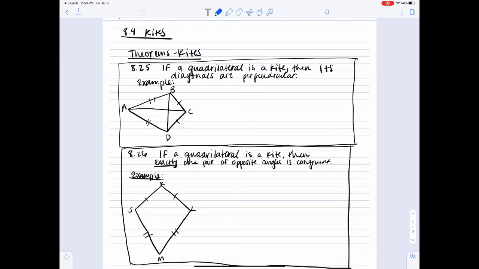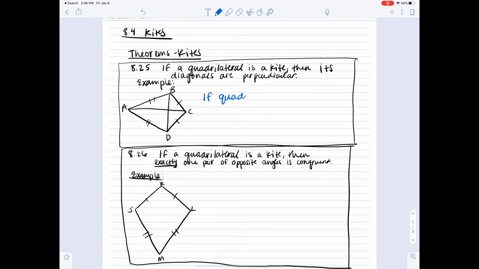So 8.25 theorem states if a quadrilateral is a kite, then its diagonals are perpendicular to each other. Okay, so you can go back in your notes and find what the definition of a kite is, but if it becomes a kite, then its diagonals are perpendicular. So the example here is if